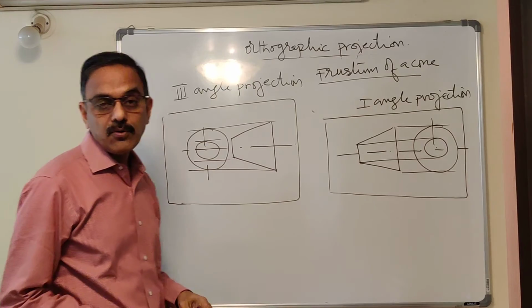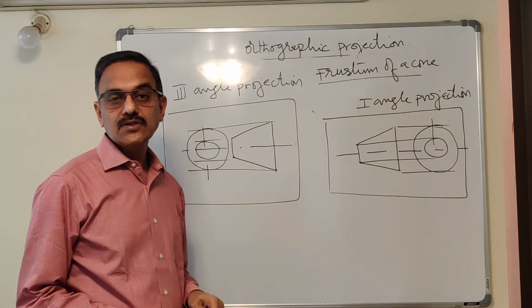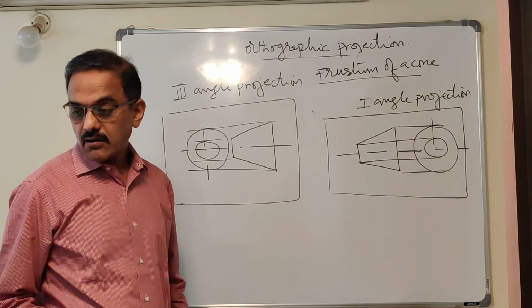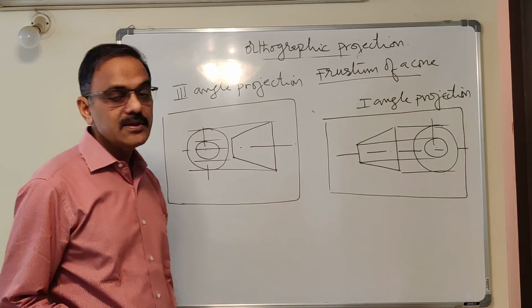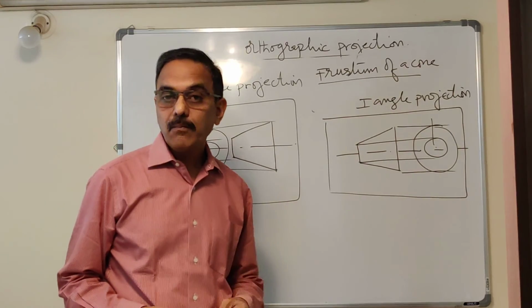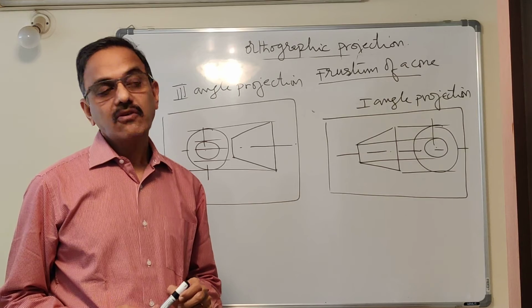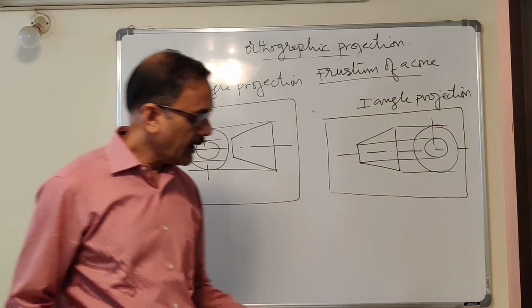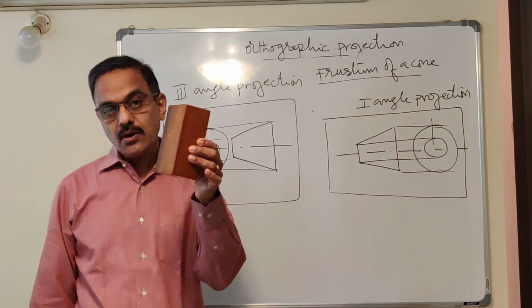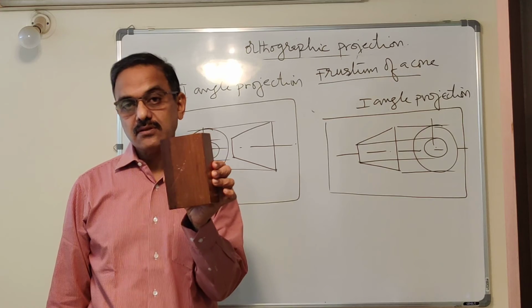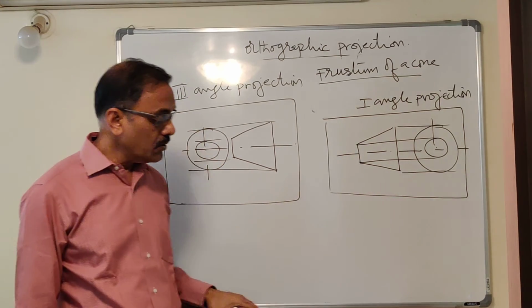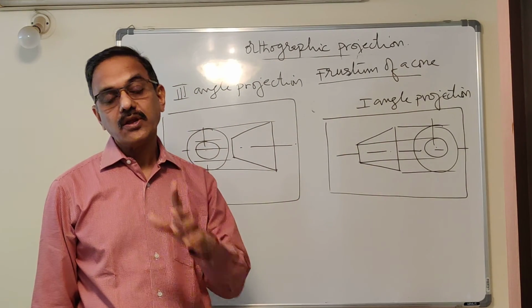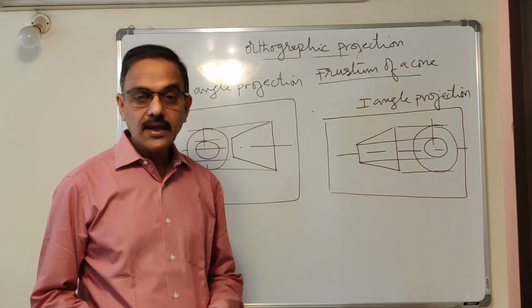So that's it, students, about the introduction to orthographic projection, first angle projection and third angle projection. In my next video, I'll be starting with projection of points. When I move to projection of points, the object is going to be a point. Here I had shown you a 3D object. These objects we'll be discussing in projection of solids. When I move to the next video, we'll be discussing points. So the object will be just a point. Okay. So see you again in the next video.